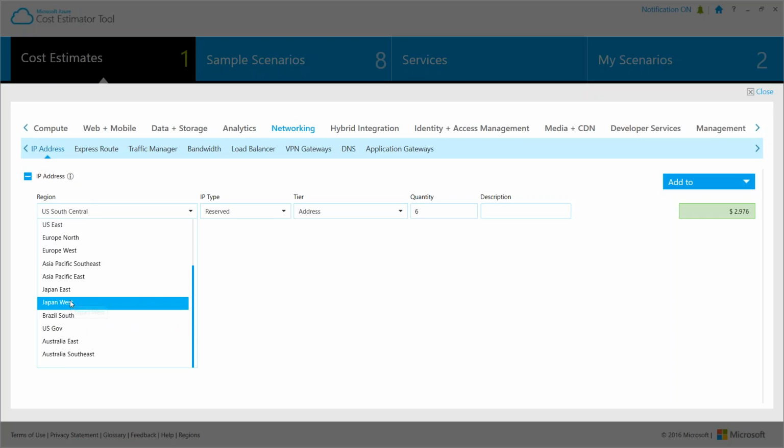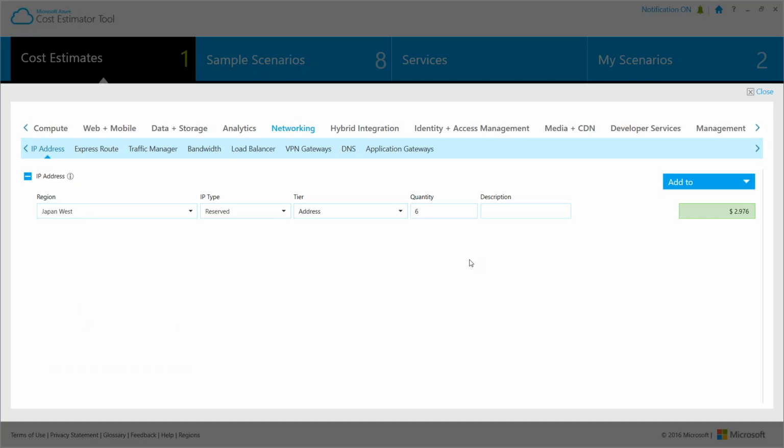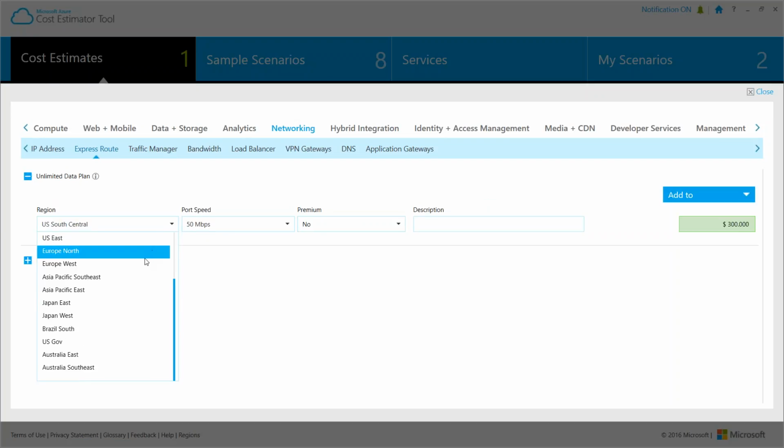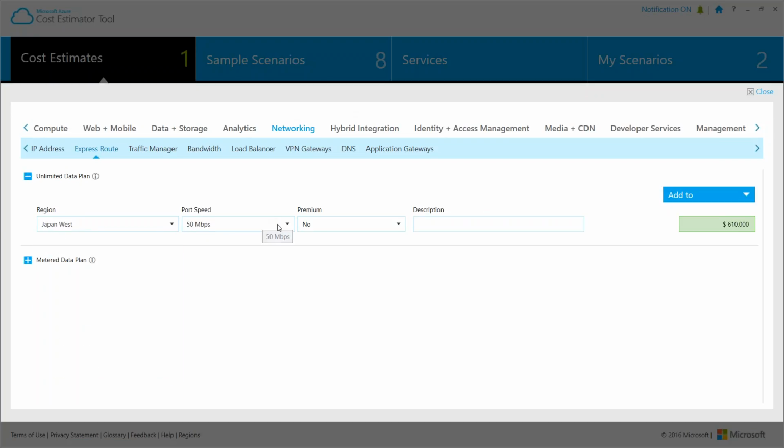Boy, I bet that's going to be expensive. Let's do Japan West. We'll do reserved IP address. We're going to do one quantity. Well, actually, this is for IP, so this is 6. We're going to do ExpressRoute. Do unlimited. Japan West. 1 gig. Premium.